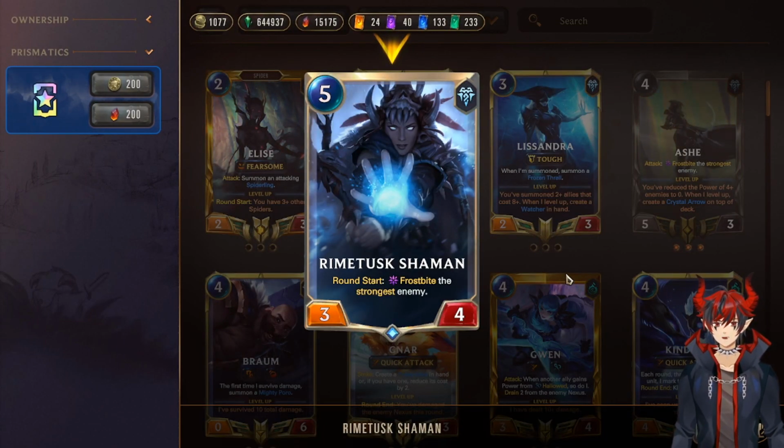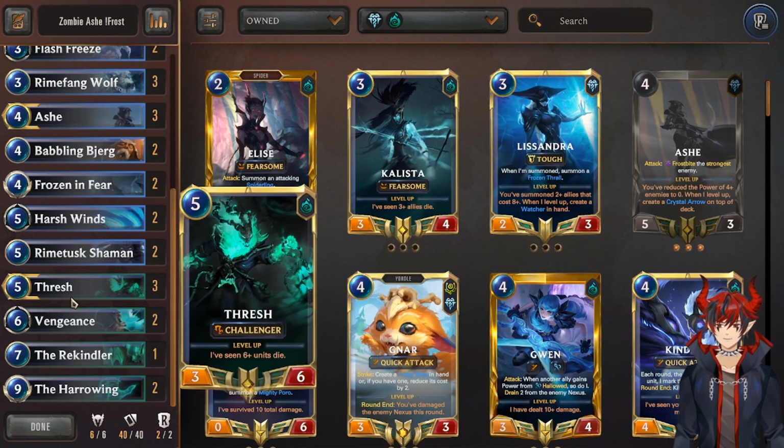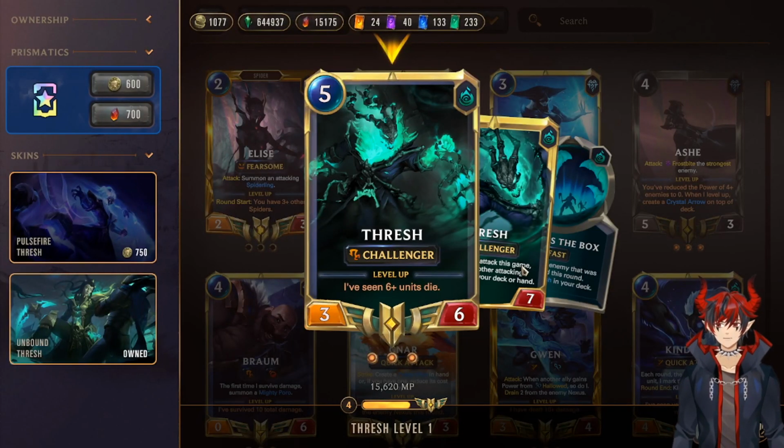Get a little bit of a lockdown. 5 mana 3/4 round start, Frostbite the strongest enemy. Again, this is good for open attacks. When you have Ashe, it's also just good for slowing down the opponent. Really good against one-man army style decks like Pantheon and other things like that. Frostbite them down easy. Next we have Thresh, which can come out and pull an extra Ashe from your deck